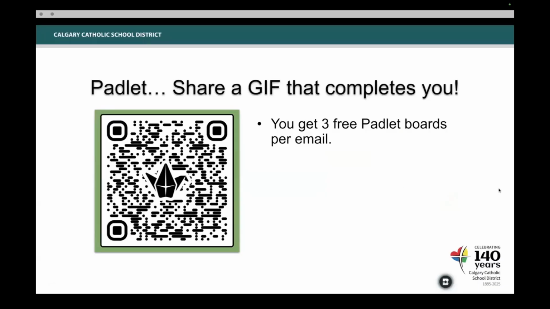Okay, this is the very first thing we're going to have you do. If you can scan this Padlet and just share a GIF that completes you, and then we're going to talk about using Padlet and how it can be impactful within your school or in your classroom